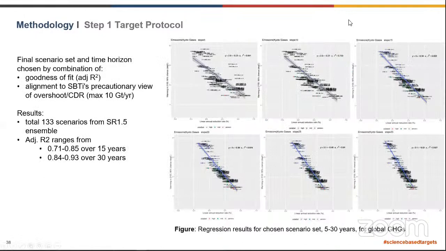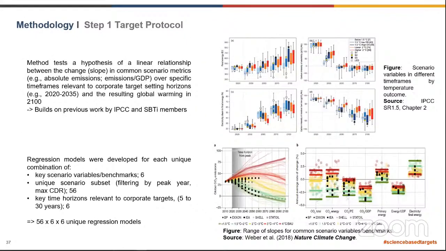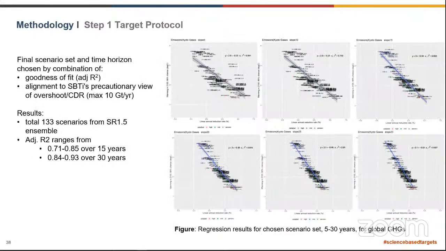So we've created hundreds of different regression models. If you go to the next slide, we can see an example of one of these approaches. This is for the global emissions set. This is for any company who've defined an absolute target on greenhouse gas emissions, and they don't have a specific sector pathway. We have a regression model here across 5 years, 10 years, 15 years from the reporting year